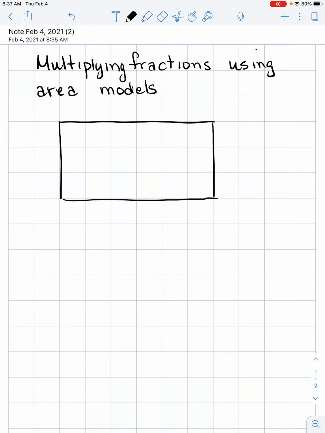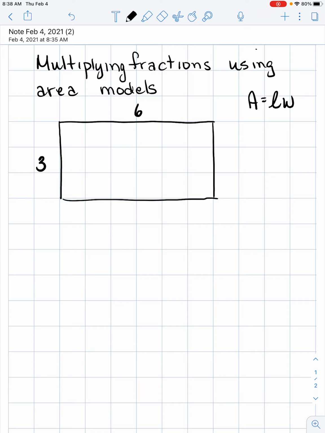Do you remember how to find the area of a rectangle? Well, the formula is length times width. And so we want to find the area of this rectangle. If we use these squares as units of measure, we see that this rectangle is 3 units